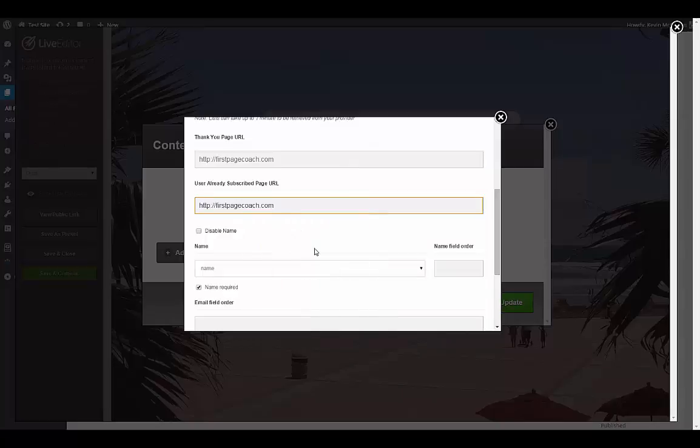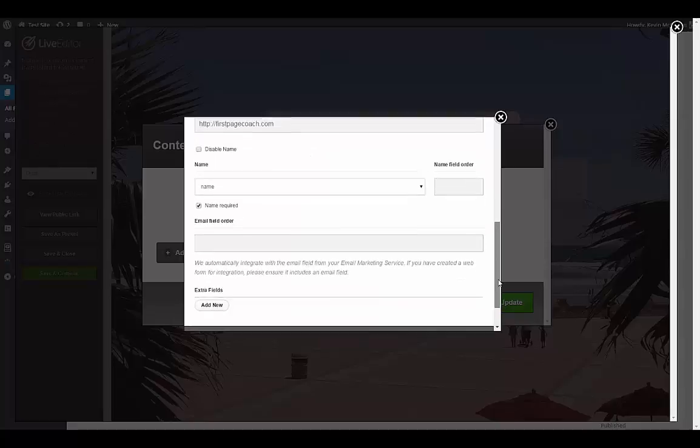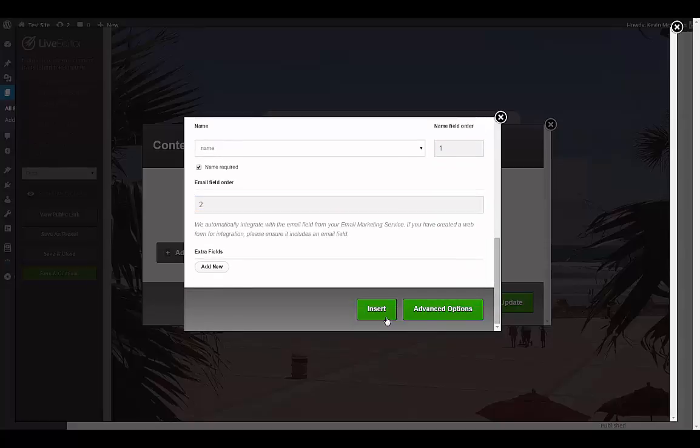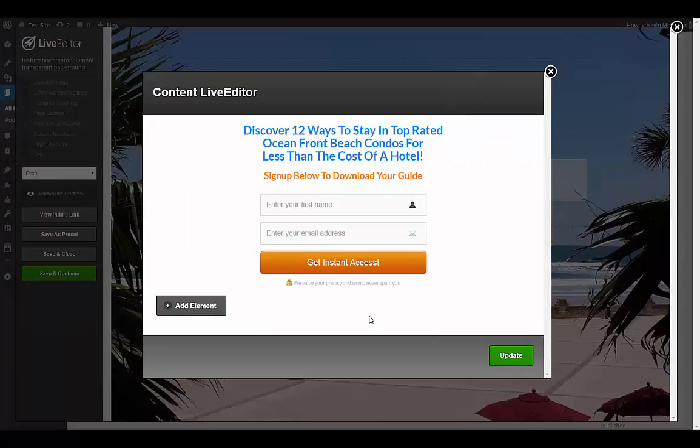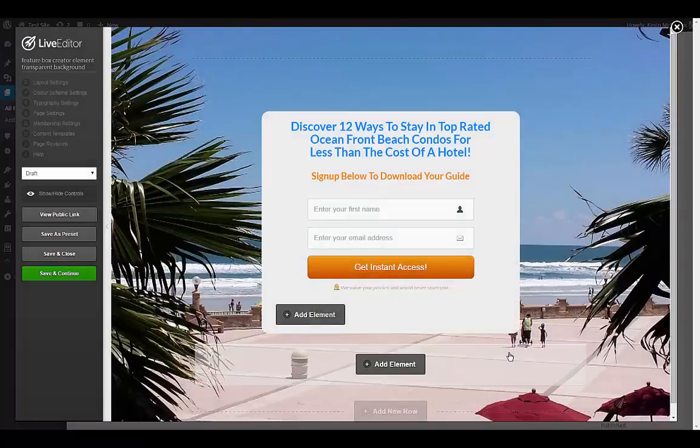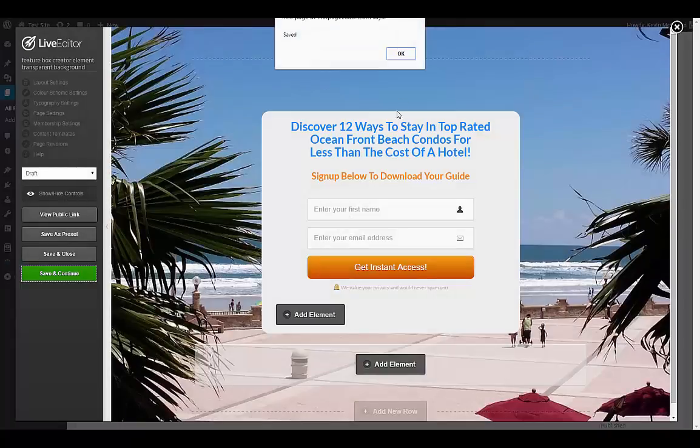I'm just going to use the same URL for that. And let's see, I want my name to be first and the email to be second. And we're going to go ahead and add that in, and we're going to click on Update. Okay, so now if we actually save and continue,